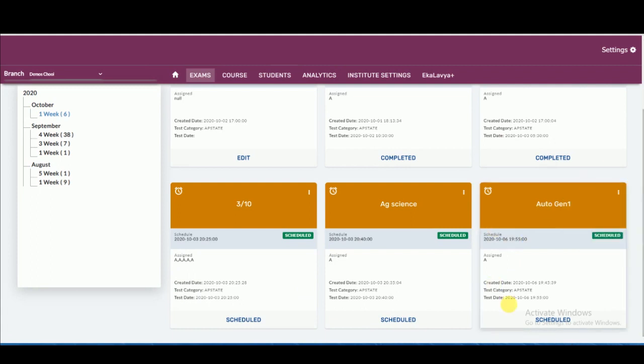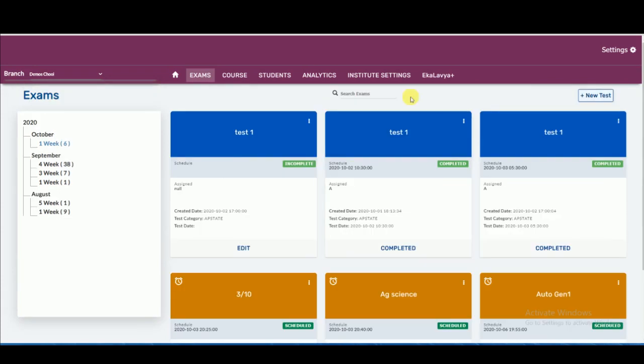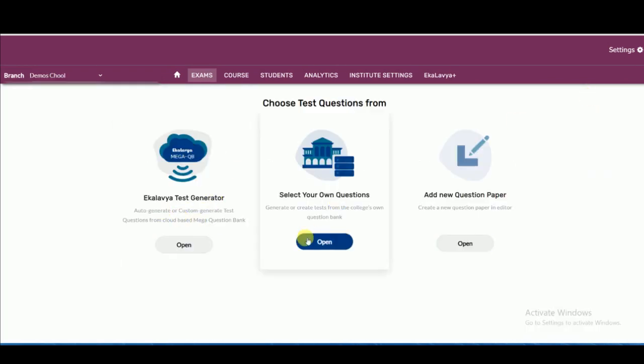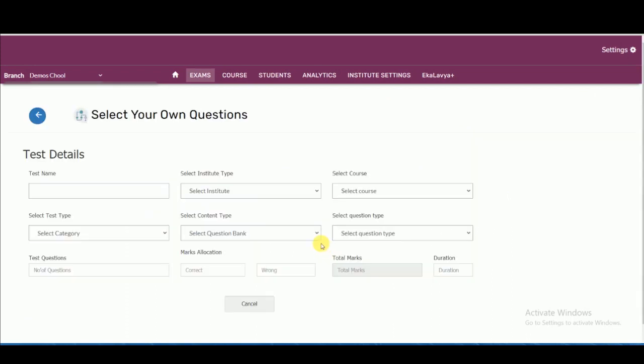Now let us generate another test paper using the second method, which is select your own questions type. Let us give a name to the test.